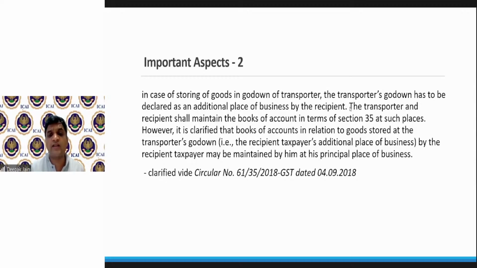To whom is UIN allotted? UIN is allotted to United Nations offices, embassy offices, those consulate offices which are there in India who don't do any supply of goods, but they receive goods and services from Indian GST registered persons. Now, these people are not there under the zero rated category like SEZ. So they are there as a normal category. But they are not doing any supply and they should not get suffered by tax. That is the reason they have been allotted a UIN number.